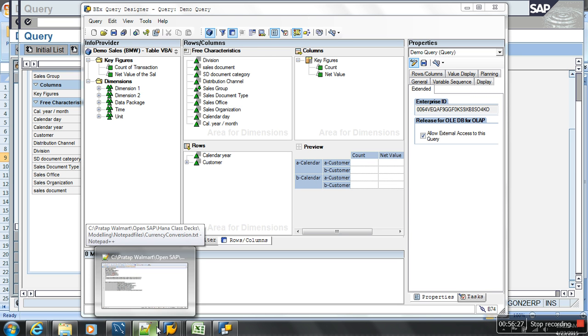Schema. Now I'm creating a cube, right? In the backend, it actually creates a lot of tables, not one table, because a cube is a multidimensional model. I told you, it actually groups lots of tables to enable multidimensional analysis for you. So how does it do it? What all tables do we have? And he was asking about any limitation on how many characteristics we can have in one dimension, how many key figures we can have in one cube. That's what we'll have to get into in detail.